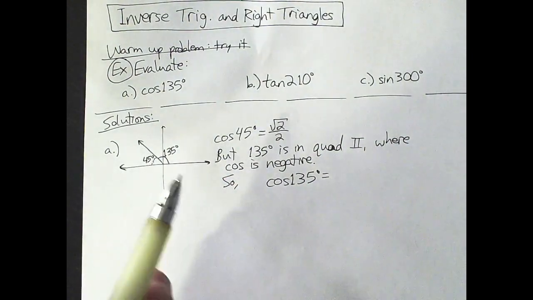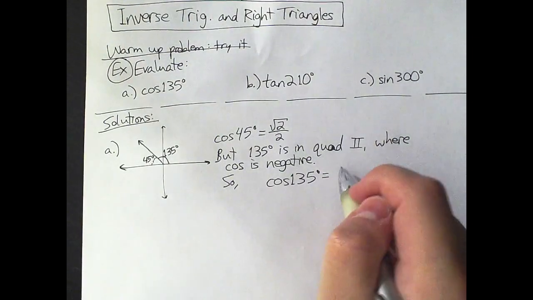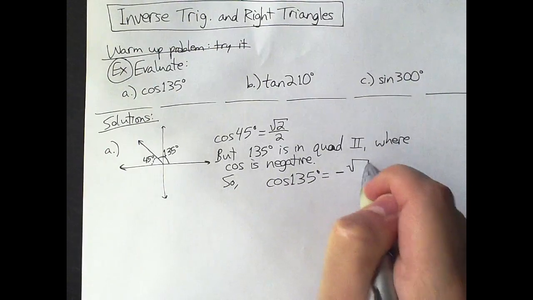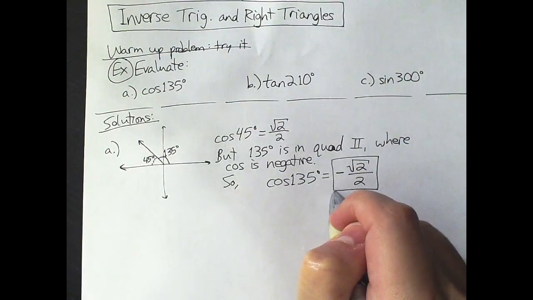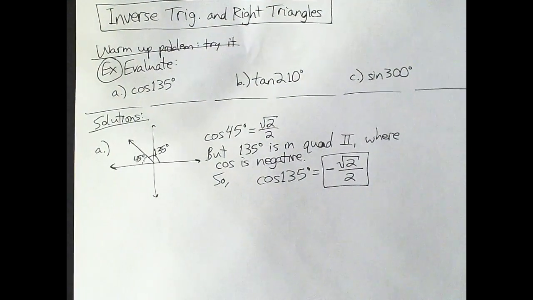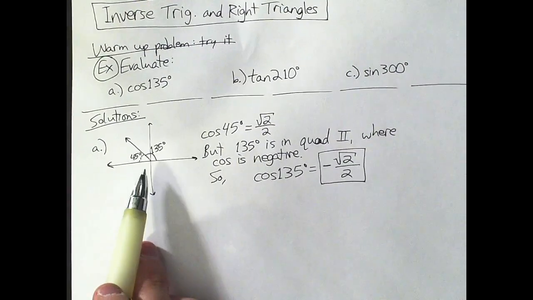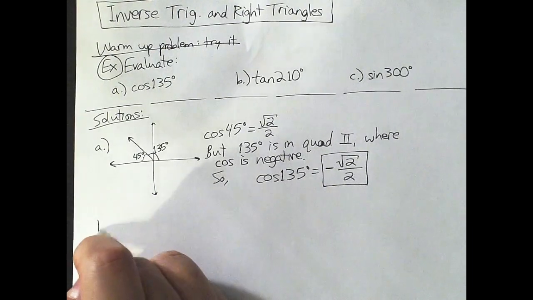We were just trying to figure out, is it plus or minus? And it's going to be negative square root of 2 over 2. That also makes sense if I think about it in terms of what we know from the unit circle. For part B,